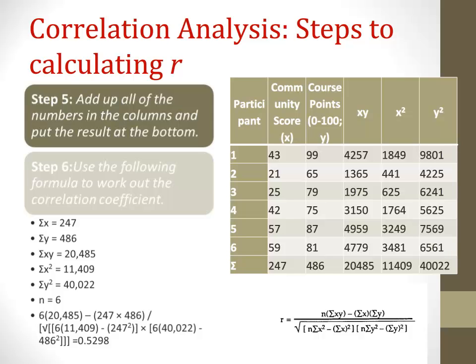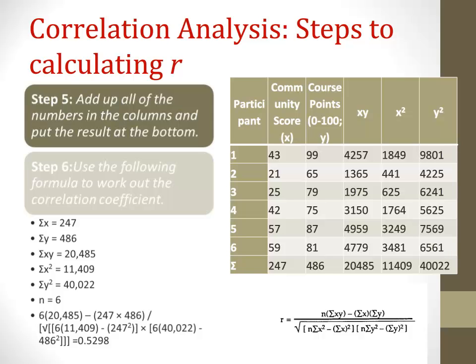So we sum all the community scores and we get 247. If we sum all of the values in the XY column, we get 20,485. So here at the bottom of this table on this slide, you can see the sums. We use all of these sums and all of these numbers and place them into the formula to work out